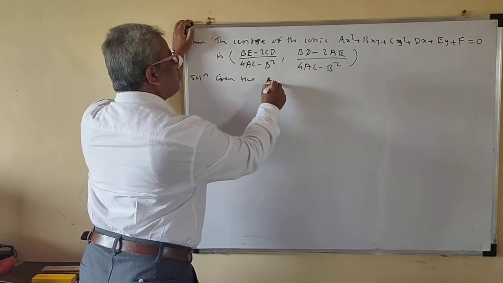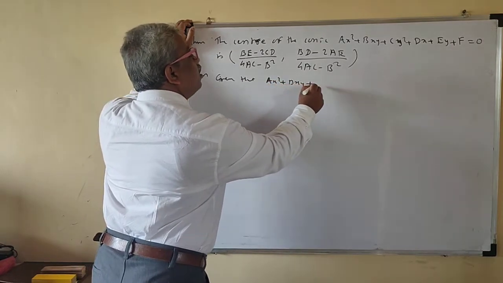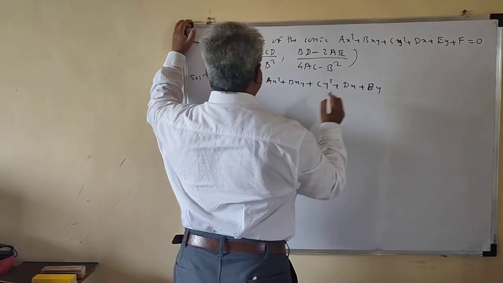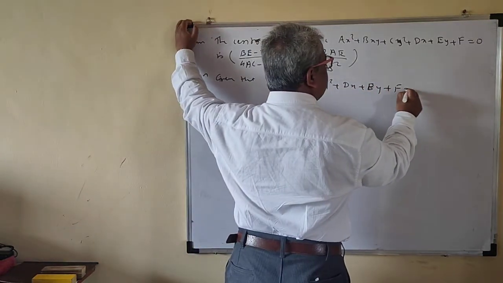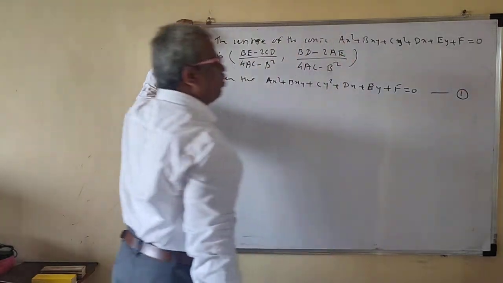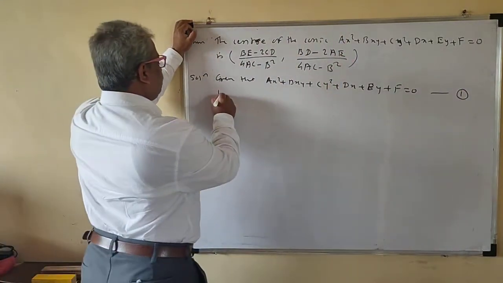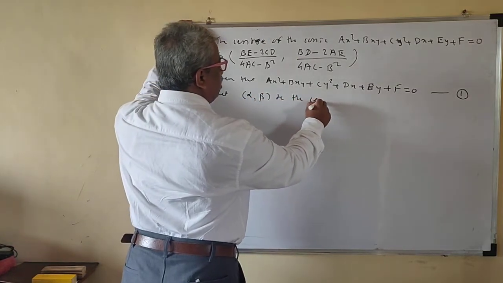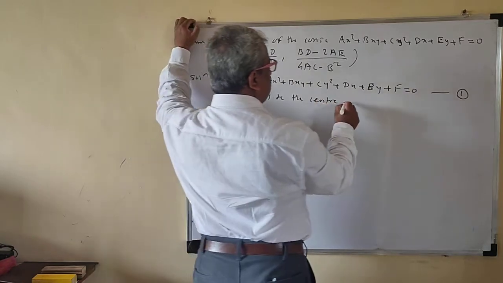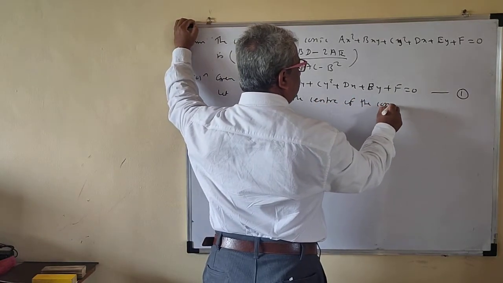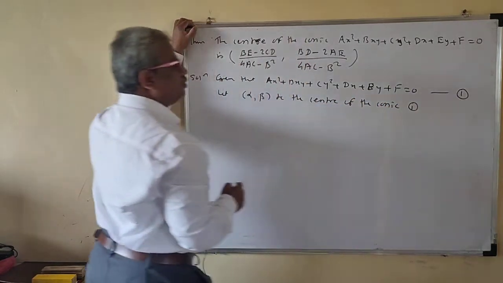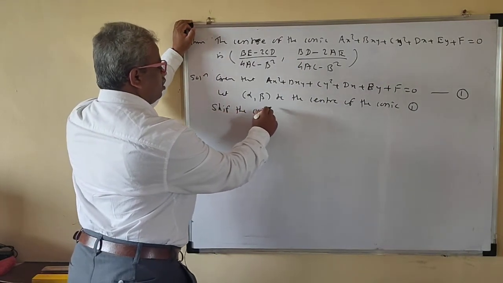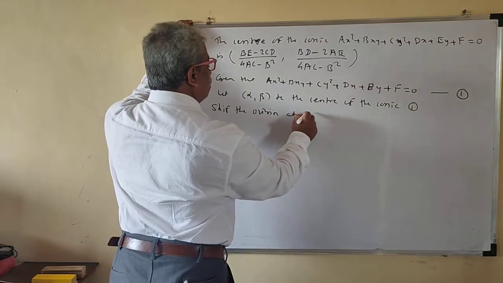Given that ax² + bxy + cy² + dx + ey + f = 0, we call this 1. Let alpha and beta be the center of the conic 1. Shift the origin to alpha beta,